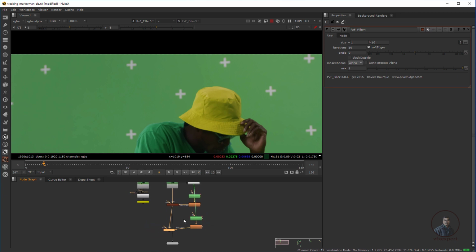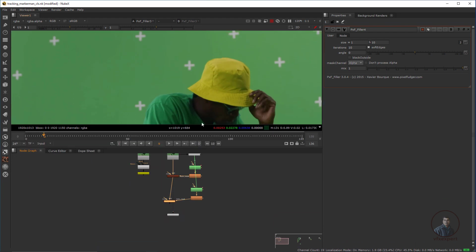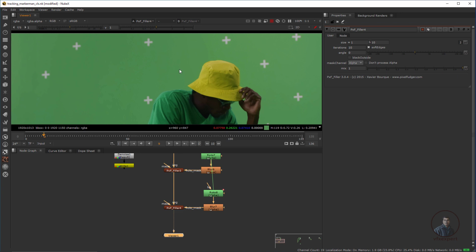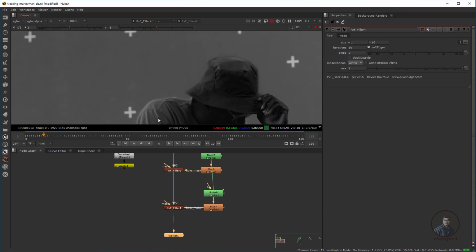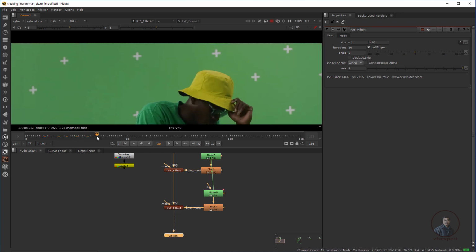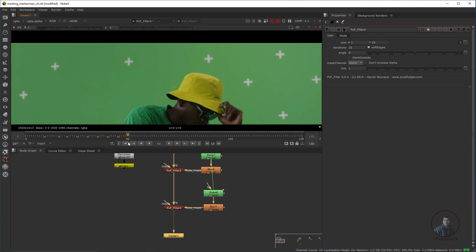Now select this one and adjust it a little bit. Select this one, press 1. Now if you see, I have also removed this tracking marker. Now we have to check in the blue channel, and in all channels. Now we have to move and see. Press B again. Till here I have removed it.